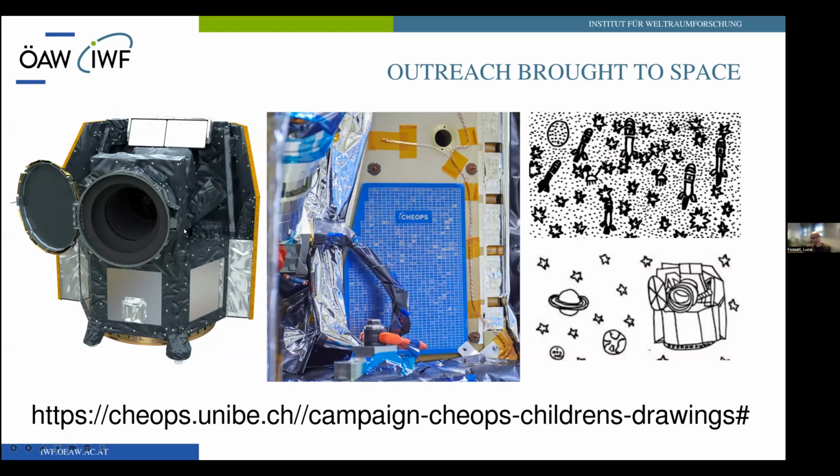And here at the side, there are two plates, one on this side and the other one on the other side. And each plate contains several hundreds of these children drawings, and they are in space. They fly together with CHEOPS. You see here two examples of the drawings, and you can see all of them if you go to this link, and you can actually check if there are drawings that are currently flying on CHEOPS that come from